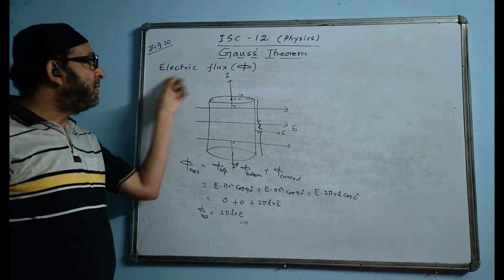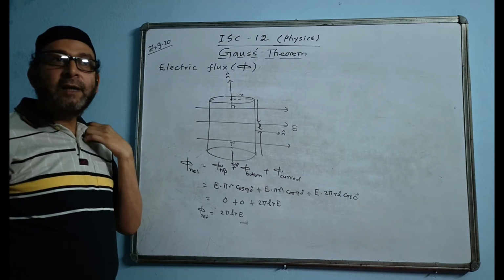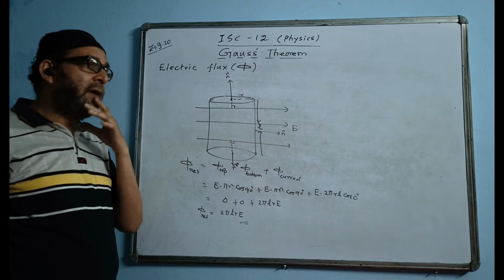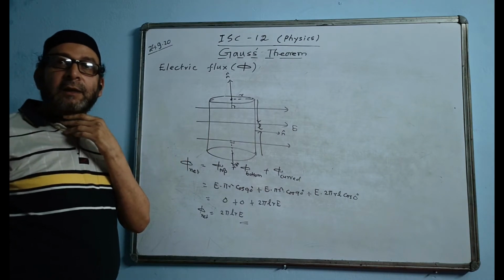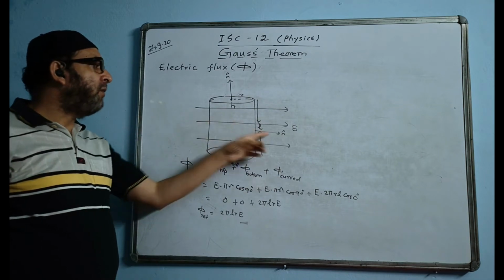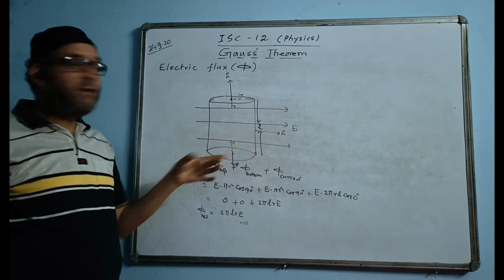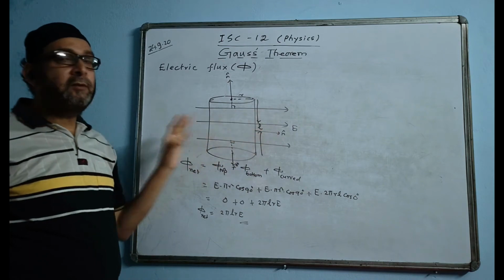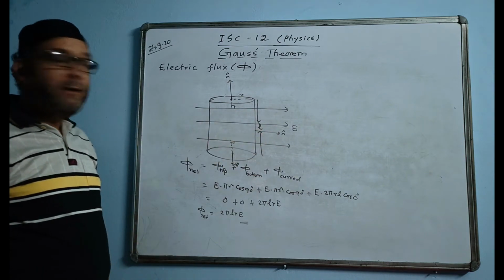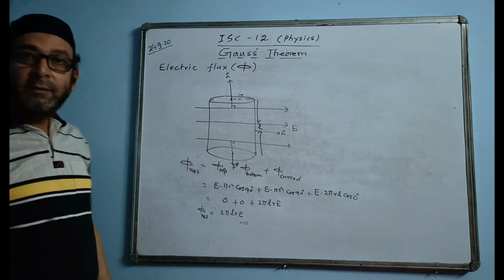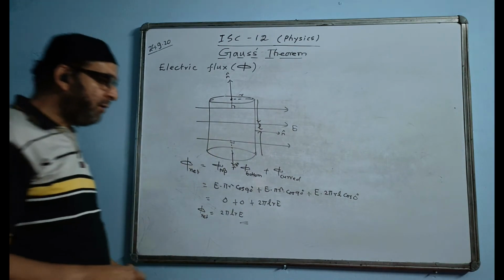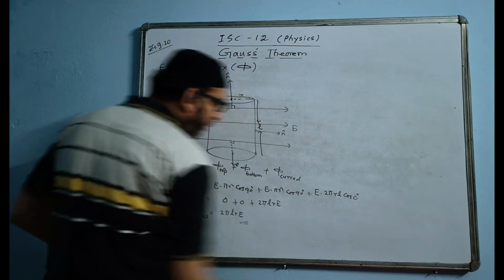So, this is about electric flux. How do we calculate? E A cos theta, and we have to take the angle. And how do we take the theta value? By drawing a normal vector to the surface, and we check the angle between the normal vector and E. For that idea, I did these two problems. The first case is the important one. The second case may not be that important, but the first case is important.